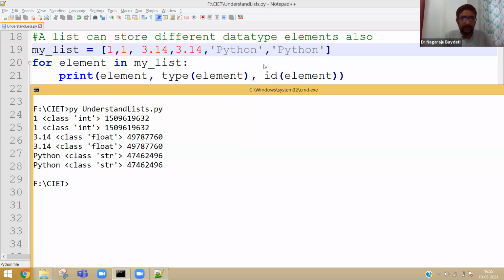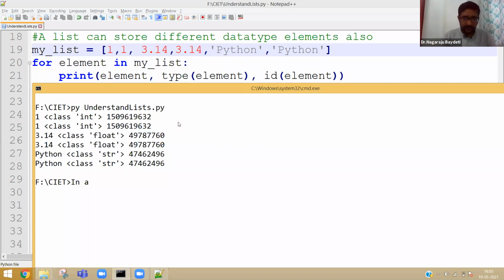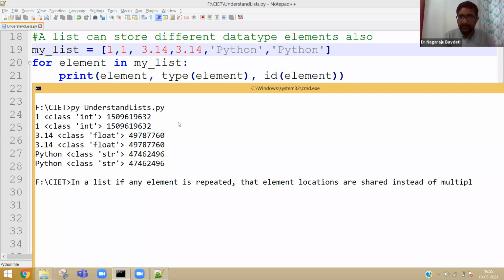Obviously, in a list, if any element is repeated, that element, if it is interned, its location is shared, or I can say that element locations are shared instead of multiple instances.